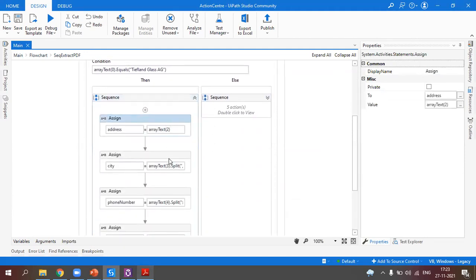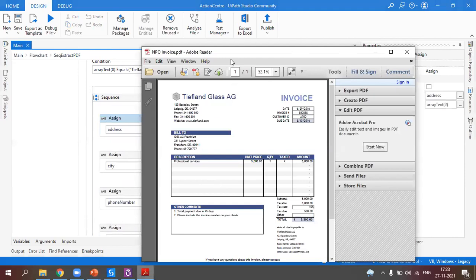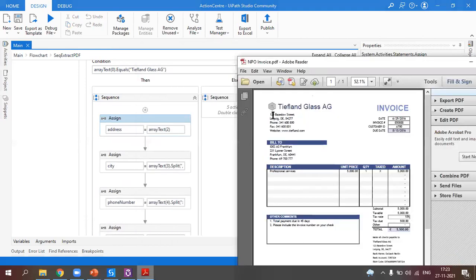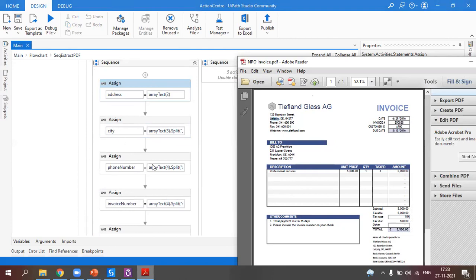Firstly, I'm scraping the address. Inside the array text, the second line will be the address, and the next line starts with the city. So that's what's happening here: it splits with a comma and takes the first string, which is the city.